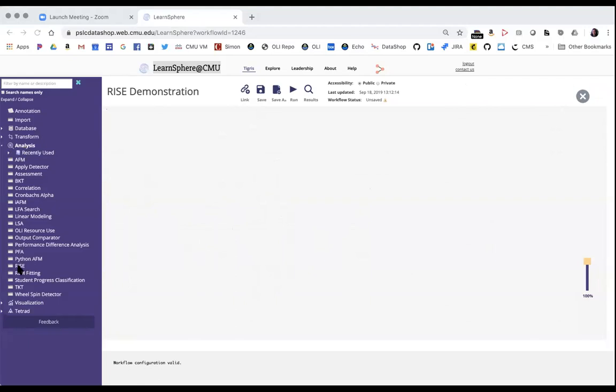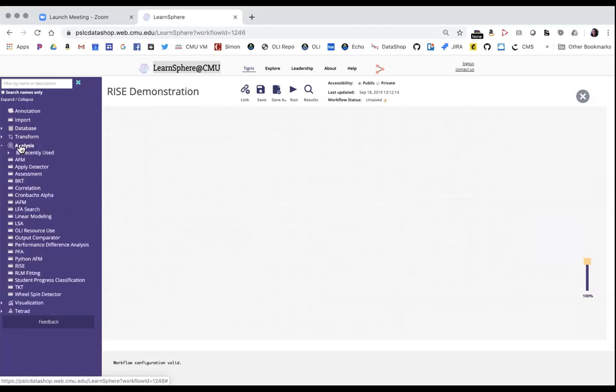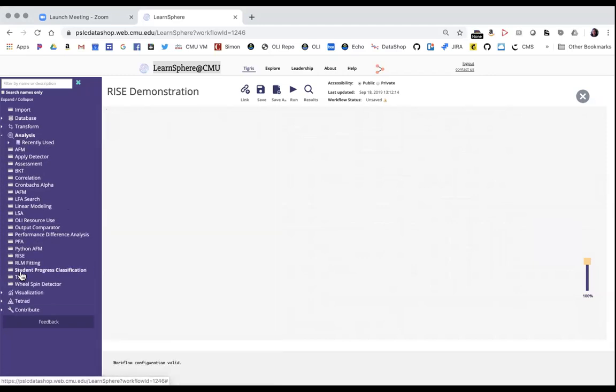First I want to mention that the RISE component is in this list of analysis tools. There's all kinds of things you can do in LearnSphere, and the next couple of webinars will be a deeper dive into LearnSphere and DataShop. But for now, this is an analysis tool, so I expand the analysis set of